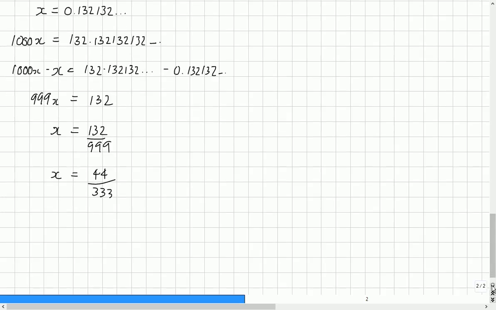Okay, last one I'm going to do. Probably the trickiest one of them all, really. So, sometimes you get a decimal like this, 0.546, and the 4 and the 6 are going to occur, but the 5 doesn't. So that means x looks like this, 0.5464646, and so on. So to get that as a fraction, we'll have to be quite careful here. Let's find 1000x,